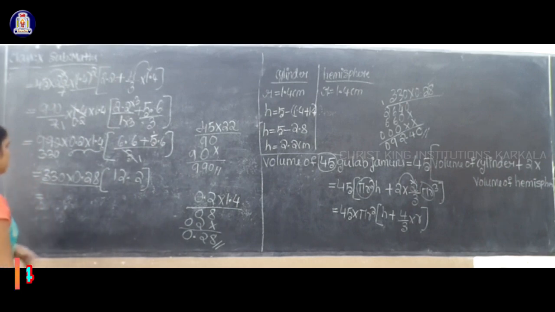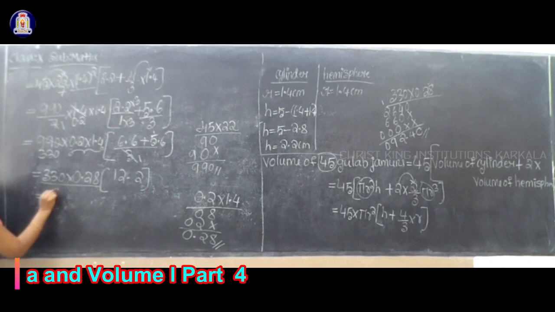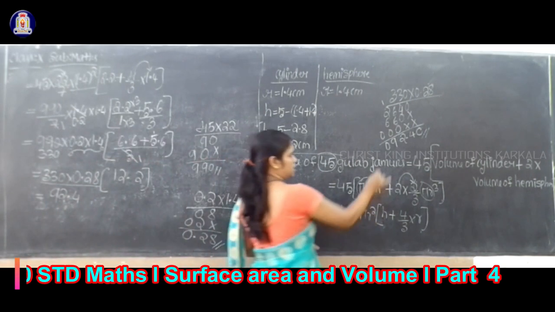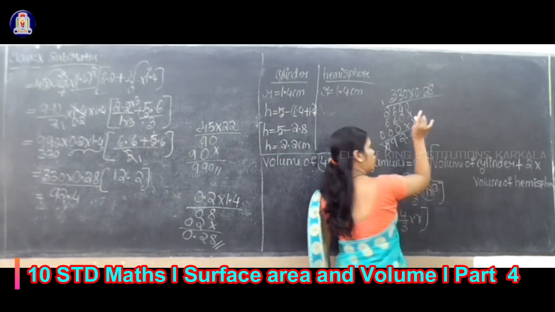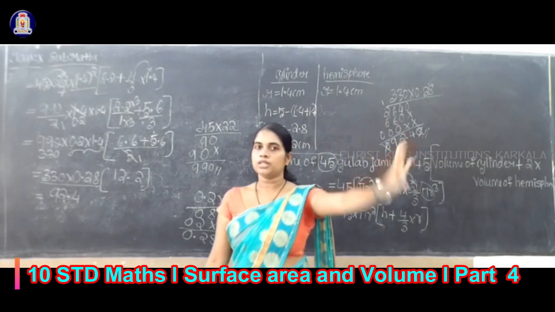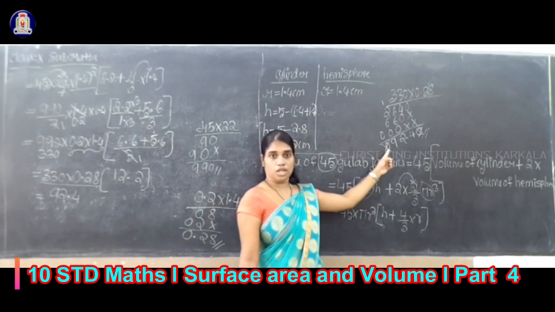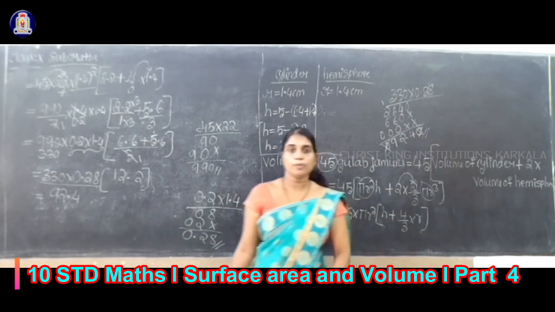92.4. Okay. Yes. So 330 into 0.28 is nothing but 92.4, because see, this 0 you can neglect. Again this 0 also you can neglect, because if you have a 0 after the decimal point, no need to consider. And also if you have this first 0 digit, no need to consider. So therefore what about the remaining? 92.4.